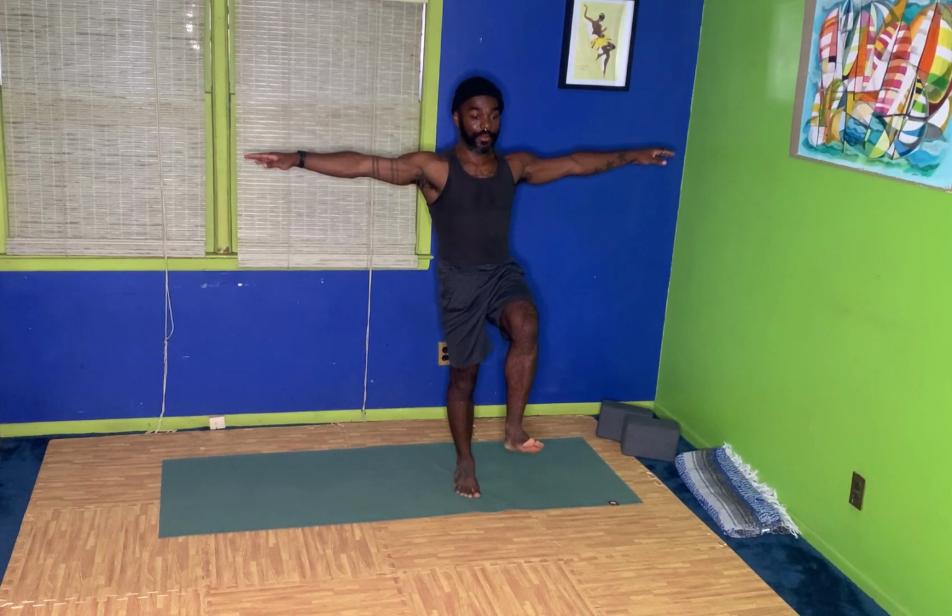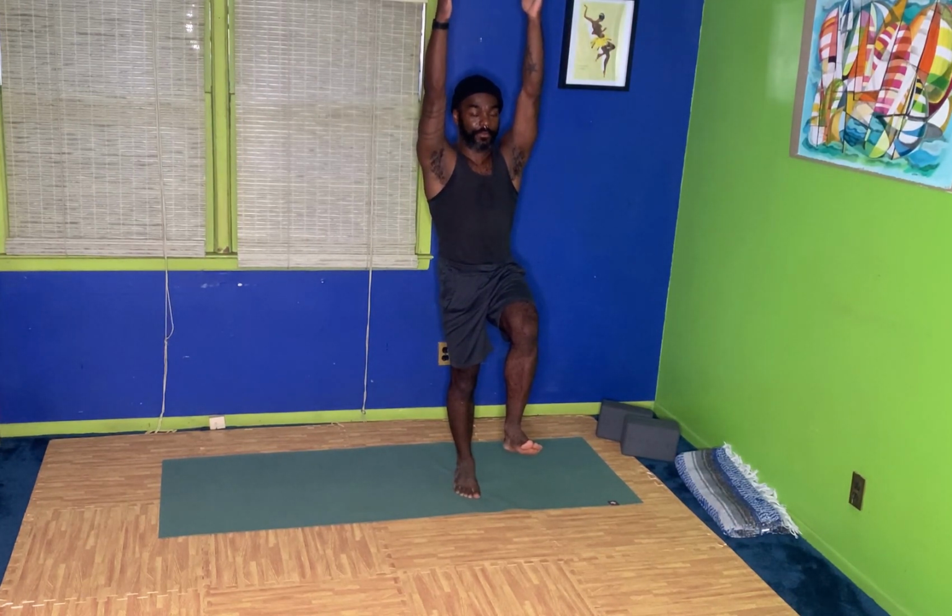Stay for a big breath in, a big breath out, a big breath in, a big breath out. Opening the arms wide to the sides, breathing in, breathing out, breathing in, breathing out. Arms overhead, breathing in, breathing out, breathing in,